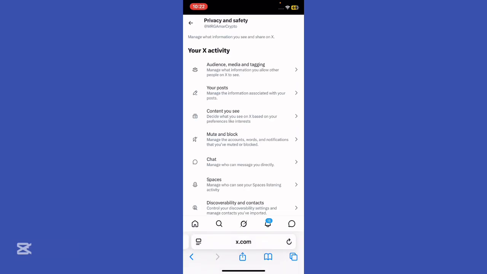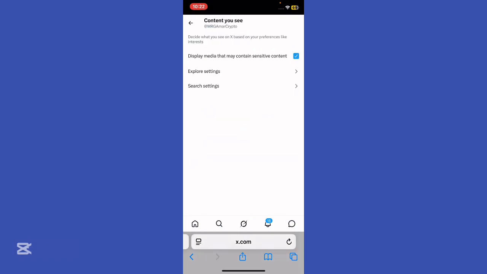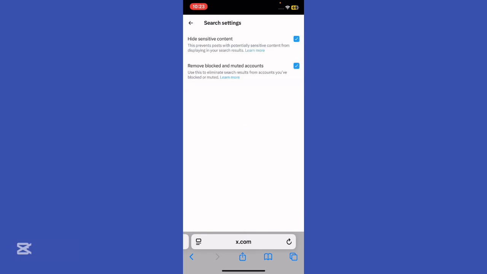And select content you see, right? And check the box next to display media that may contain sensitive content, right? And basically that's it. You can tap the search settings also in that same menu and make sure high sensitive